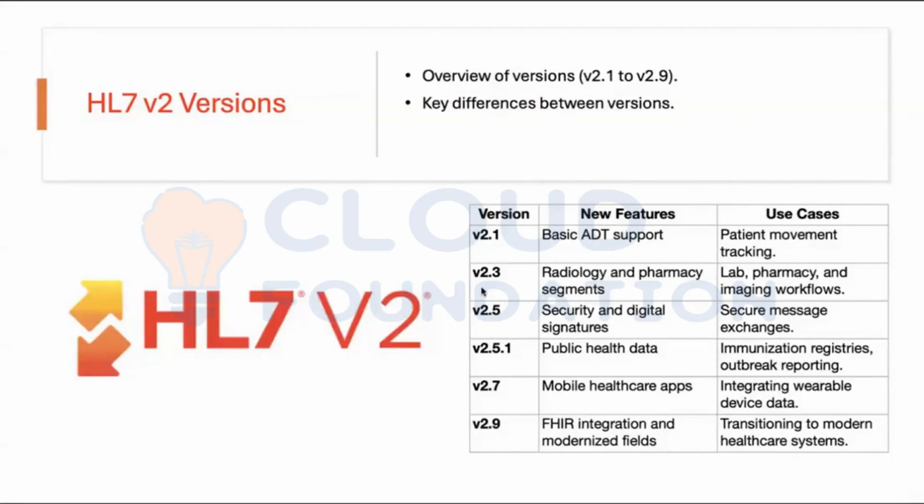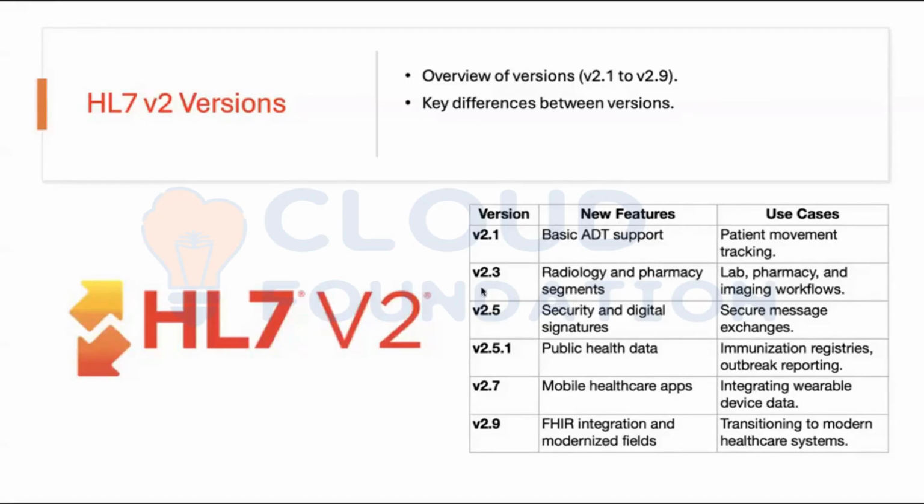Basically, the intention was to eliminate the even versions and only go with the odd versions. If you see, there is no 2.2, there is no 2.4, there is no 2.6, there is no 2.8. The intention of HL7 v2 was basically to eliminate the even versions and go ahead with the odd versions. When HL7 version 2 was initially released,